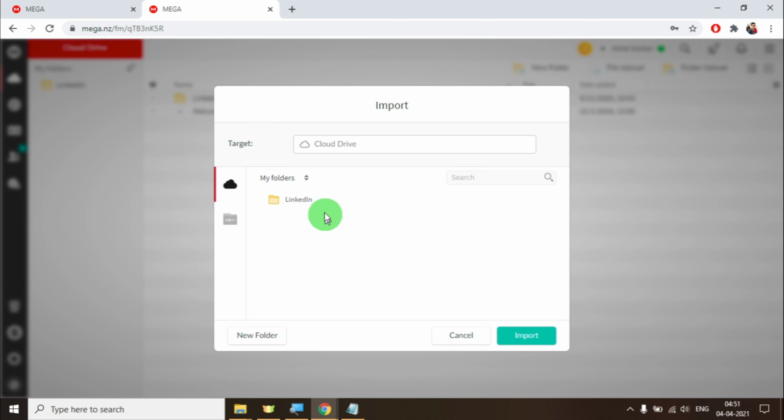Here it is giving an option to select on which folder we want to store it. If you don't select any subfolder, then you just click on import, and it will be stored in your default directory. So I am going to store it in our default directory. You can also create a new folder by clicking on the new folder button, but I am going to create it on our homepage. So just clicking on import.